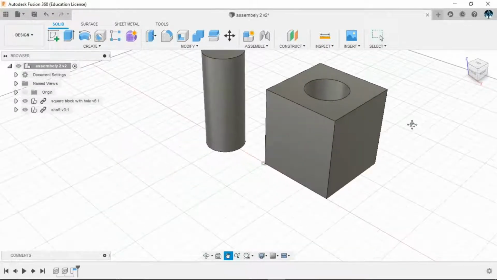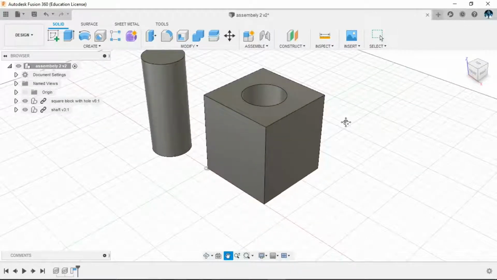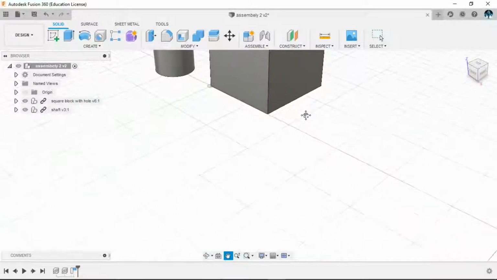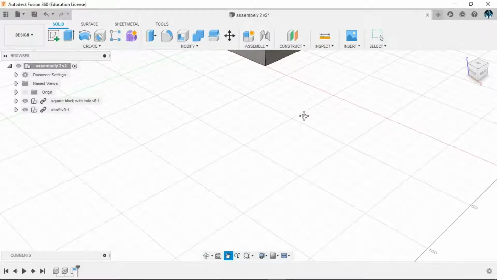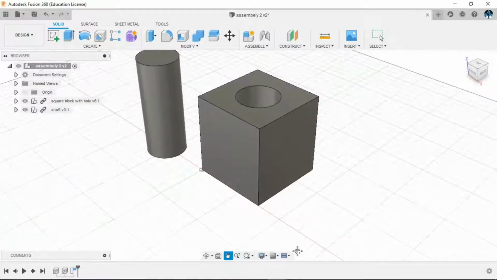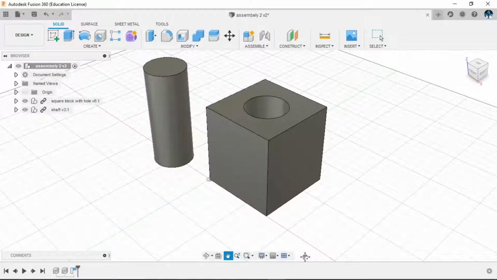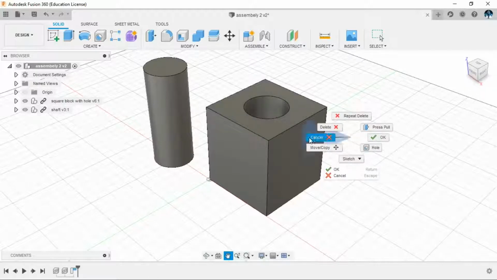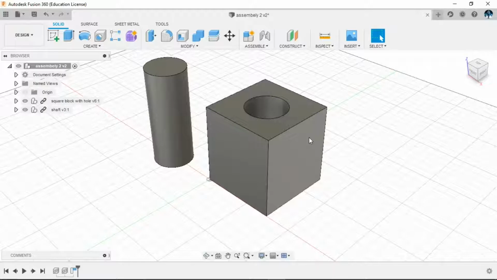The function of pan is that it just moves the page, but the view is kept fixed and constant. Let's assume that my object has gone upside and I want it to come to the center. I will click and hold my left mouse button and drag my mouse downwards. My view is fixed, just my page is coming down. So that is the function of pan. Now again I have to exit pan. I can press the escape button or I can right click on this workbench and press cancel.